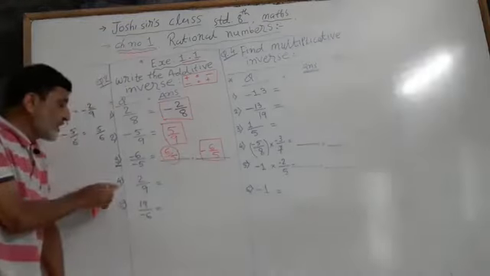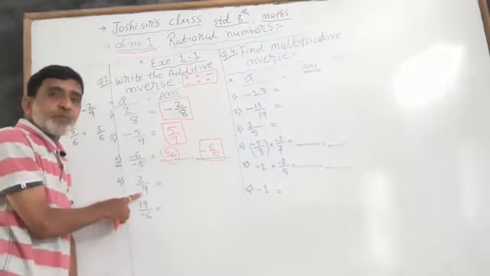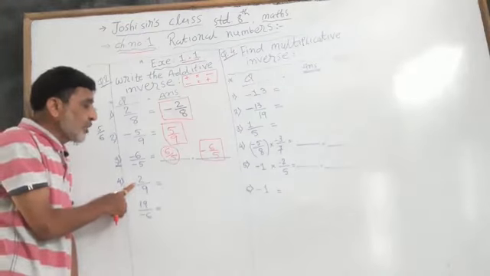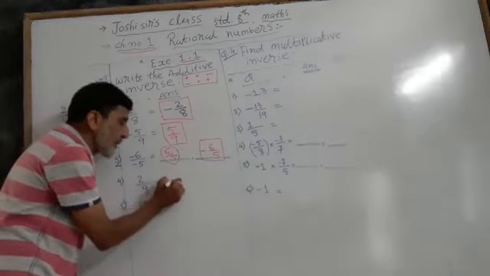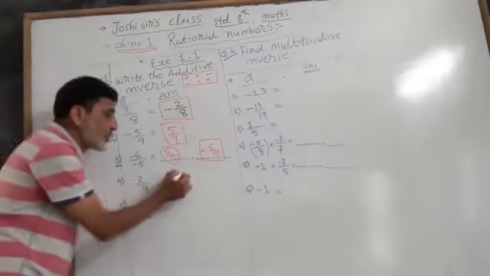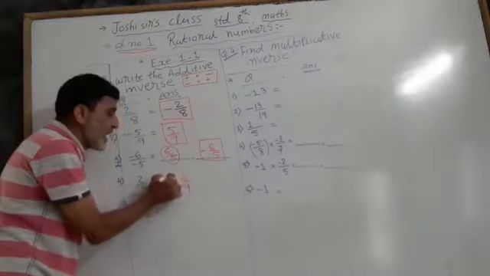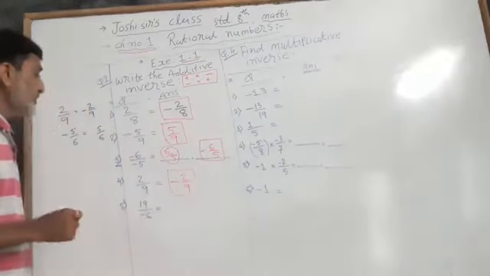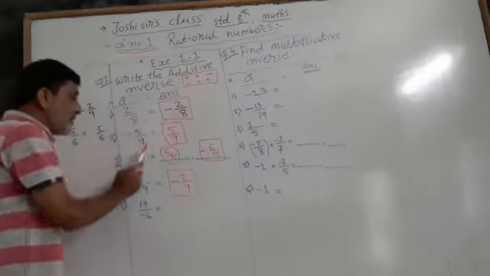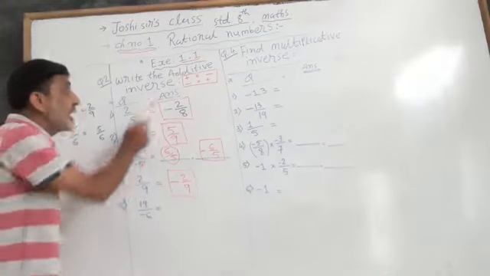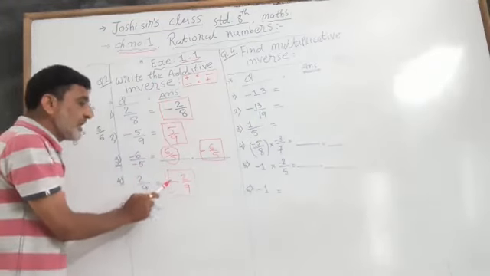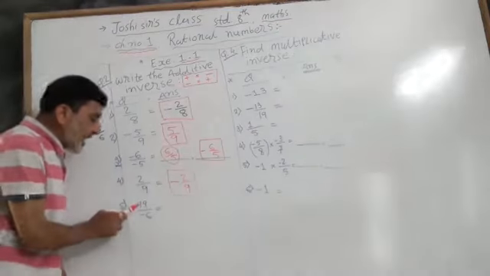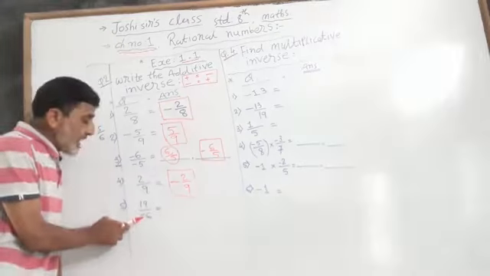Okay? Now next, question number 4, 2 upon 9. See here, what is the sign? Plus. Then we will change into minus. So the answer will be minus and the number will be the same, 2 upon 9. Now this is the final answer, minus 2 upon 9. Same, the additive inverse of 2 upon 9 is minus 2 upon 9. Now fifth question, 19 upon minus 6.